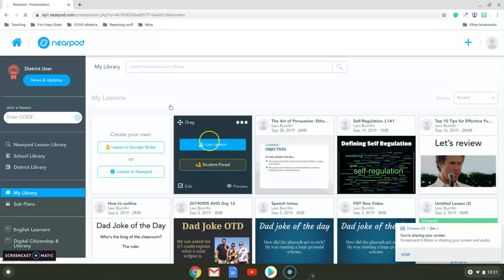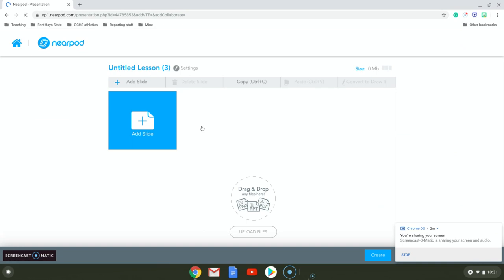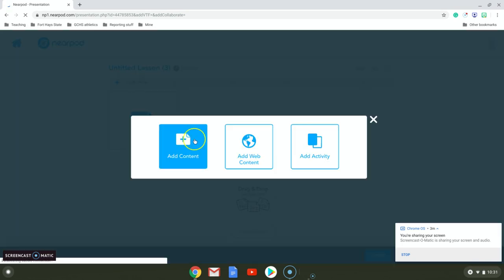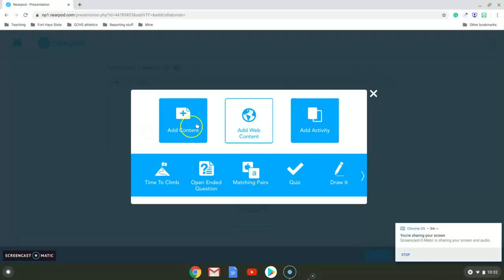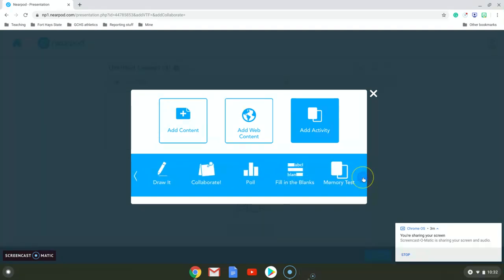And we'll start a Nearpod lesson here, and you can see an add slide. If you add content or activity, content's kind of create your own slide. Add activity. There's all these different activities they have here. This is a game, almost like a trivia game or quiz game, that students seem to like. Polls, collaboration, draw it, memory test, fill in the blanks, all these different types of activities